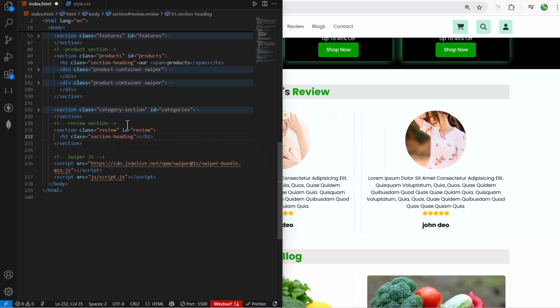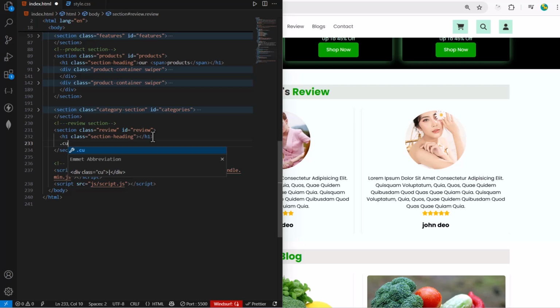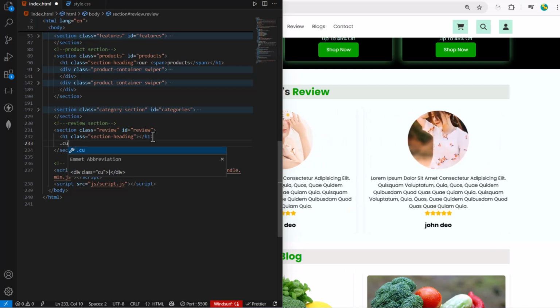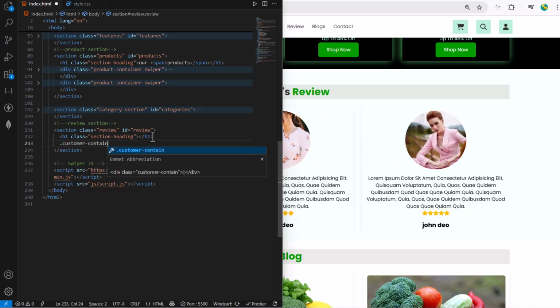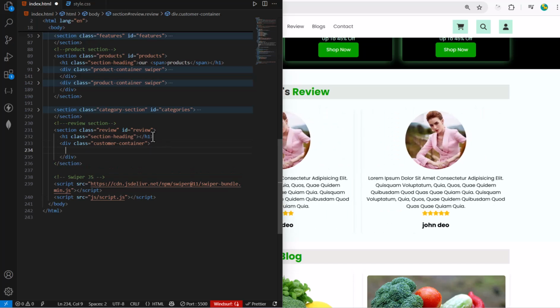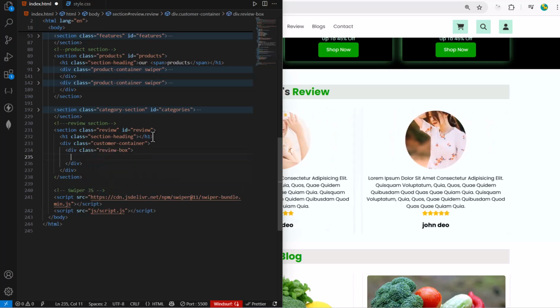And then over here, we need to have a container. A div element having a class name customer container, let's say. Inside this div element, let me create another div element. Let me nest another div element, let's say review box. And inside this,